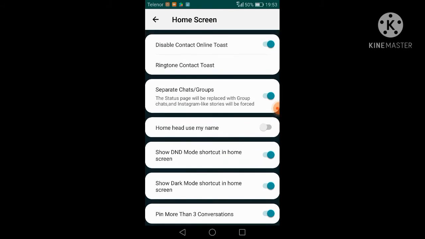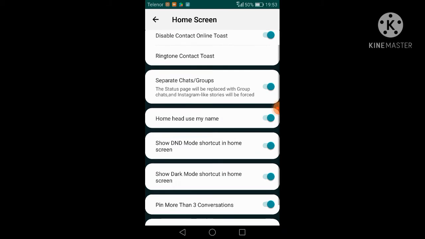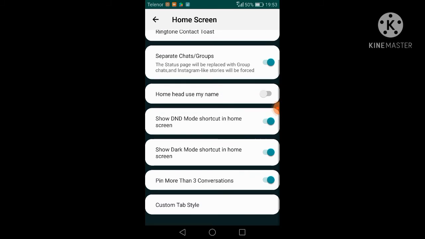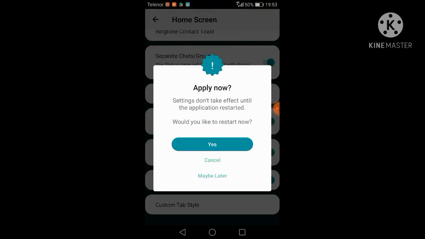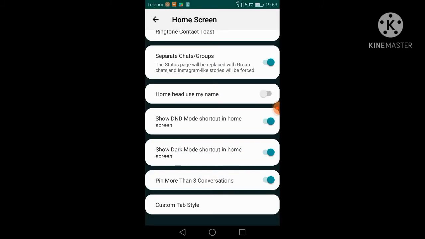Home header use my name. If you click, this is the best option. Home header use my name means your WhatsApp will use your name, but I don't recommend it. Show DND mode shortcut mode. What is DND mode? DND mode means do not disturb me.